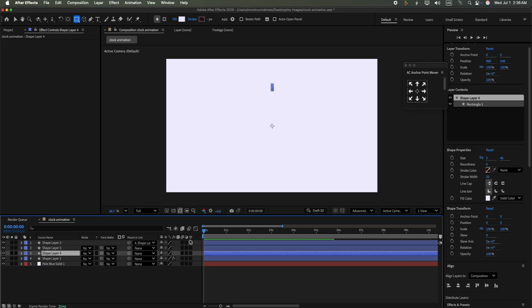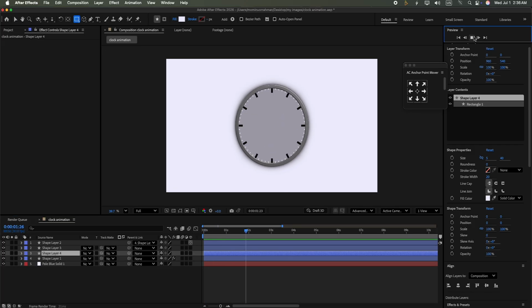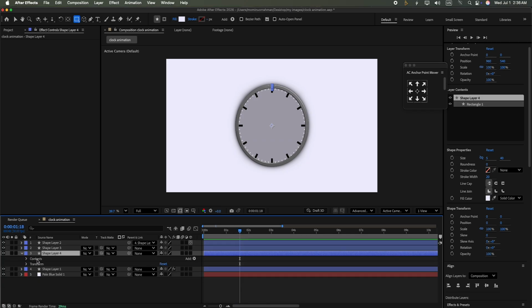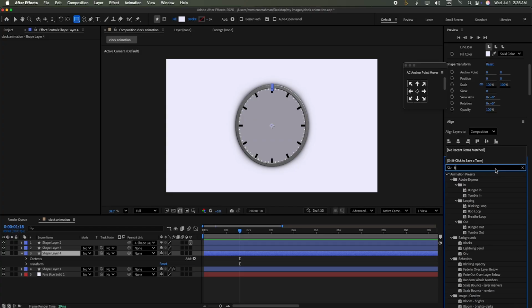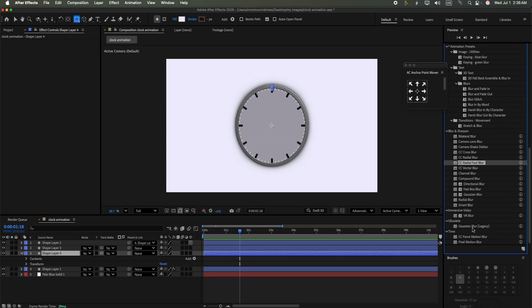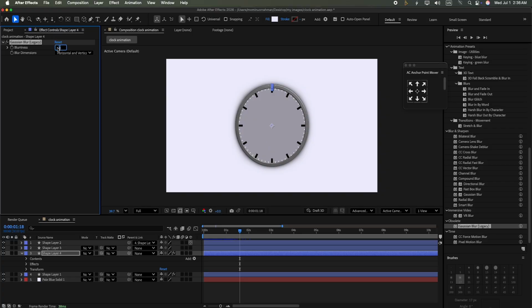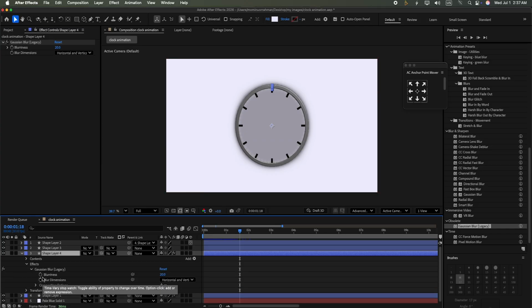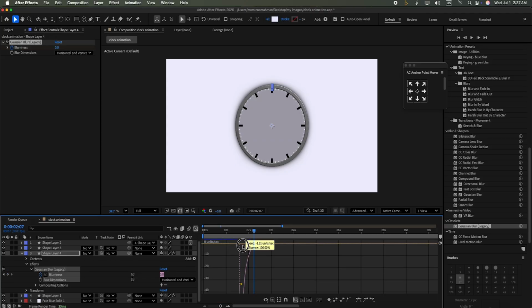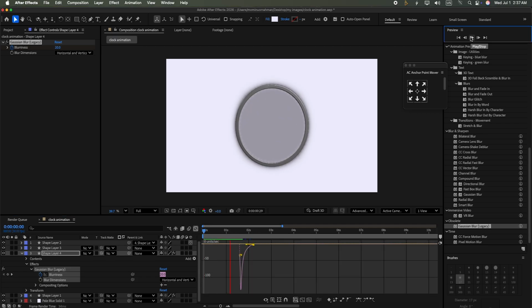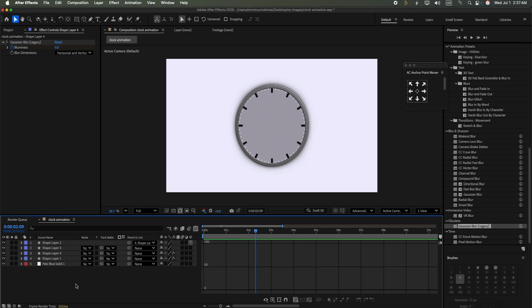Okay, now see the animation, it's good. And then after some seconds later, we take the Gaussian Blur effect from the effects and presets, and set the blurriness to 12. Where set is 20. Then go to the effect Gaussian Blur and set the keyframe of blurriness from 20 to 0. Then we select it and open the graph. First it comes fast and then it gradually slows. So okay, then